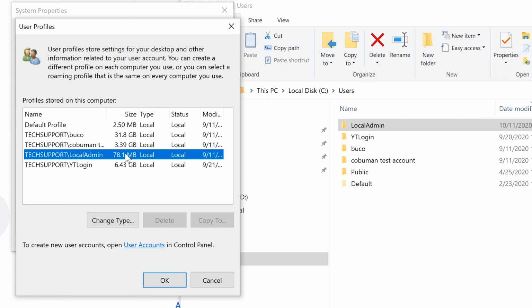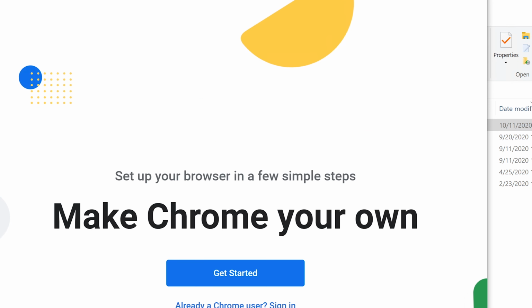But the reason this one is only 78 megabytes is because it only created a basic template of information for this local admin profile on this computer,